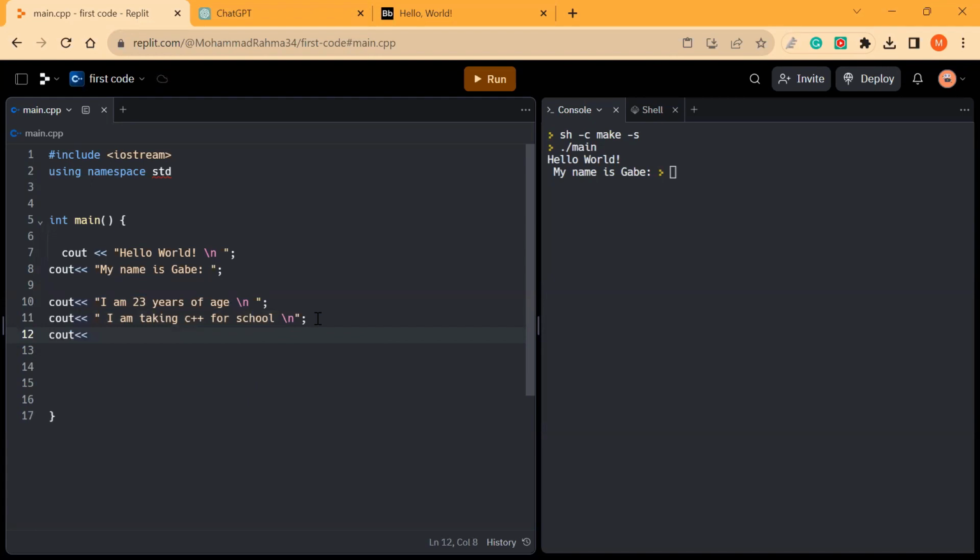And then you're going to cout, what's your favorite activity? I love going to the gym. For this, you don't really need to write a new line because this is going to be your last line. Once we run this code,